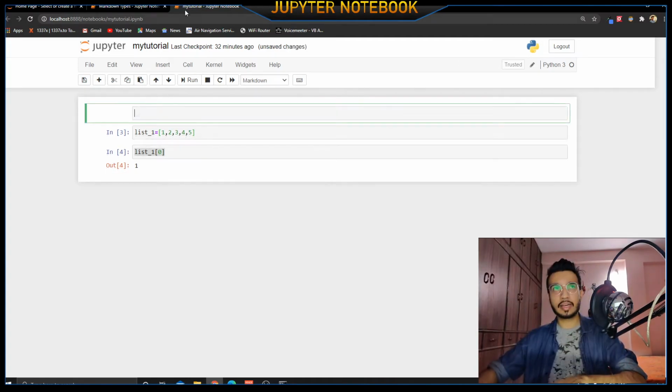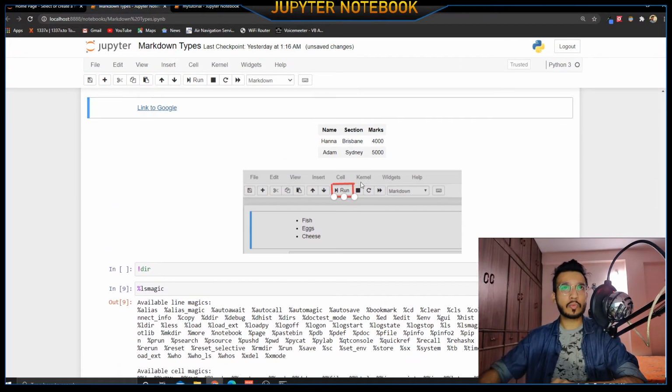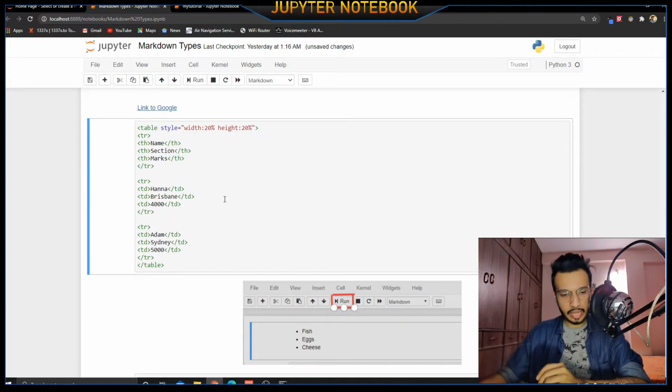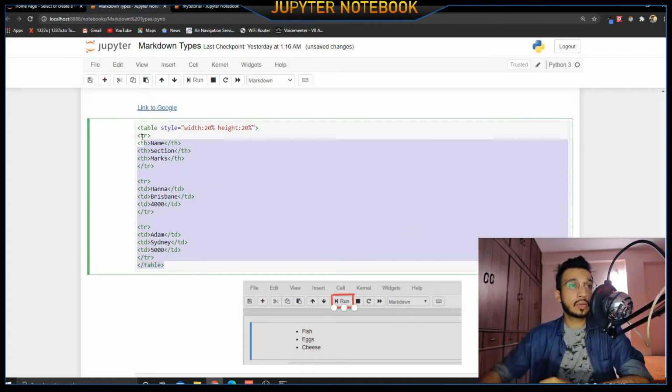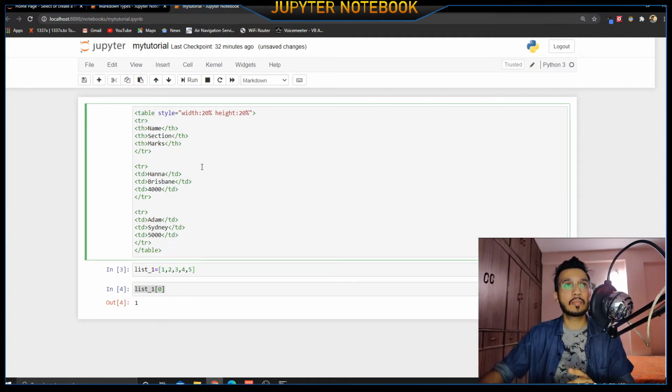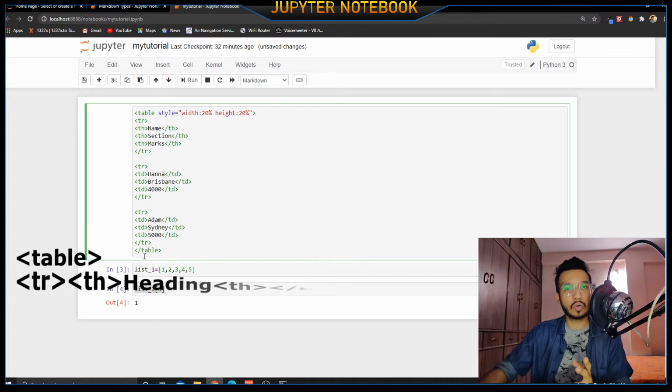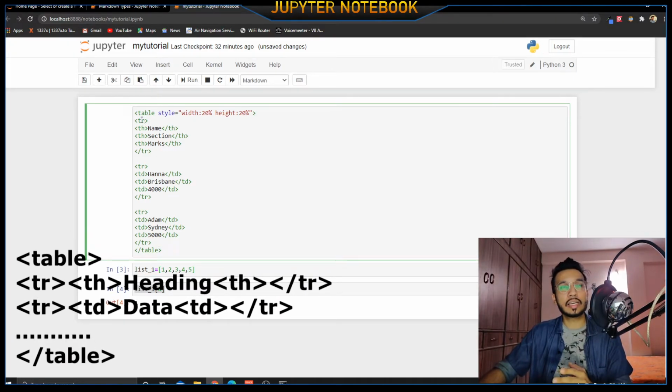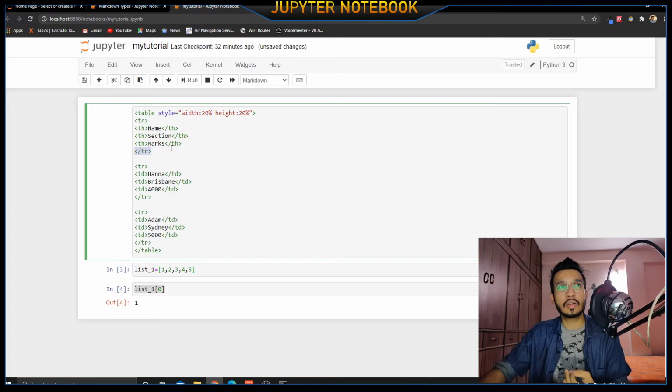The next thing that we would practically cover would be tables. So yes, you can use HTML tables here also. Well, this is a very huge tag, but I will break it down for you. Even if you are not familiar with HTML, it is very easy if you know what is happening. Every tag has a tag name and a closing tag. You can see we are starting a table, we have a closing tag for the table, and TR is the table row tag. So this tells that this whole thing is one row.